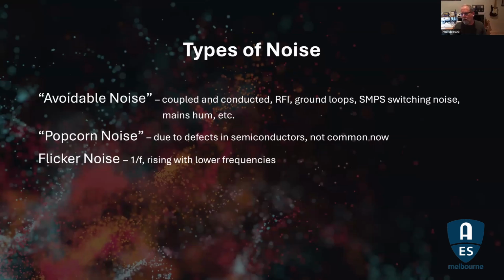Another kind of noise is shot noise, which is the typical sort of noise that you see with semiconductors. So op amps and transistors all have this kind of noise, which is due to the fact that electrons are not a fluid. They're little particles banging around in the semiconductors, and that banging around causes noise.